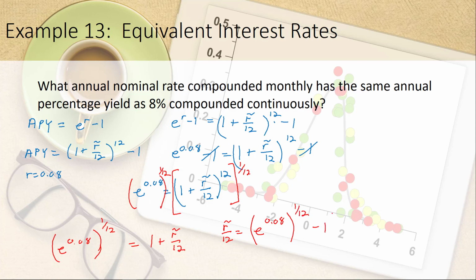minus 1. And then finally, r tilde is going to be equal to 12 times the quantity e to the 0.08 power, that raised to the 1/12th power, the 12th root, minus 1. That will give you that r is equal to